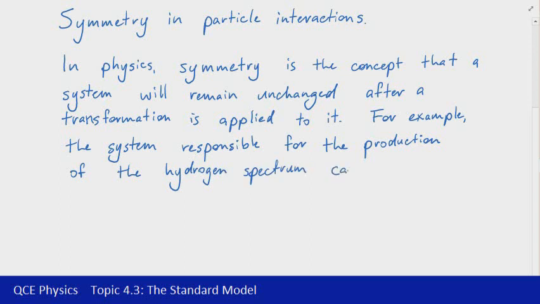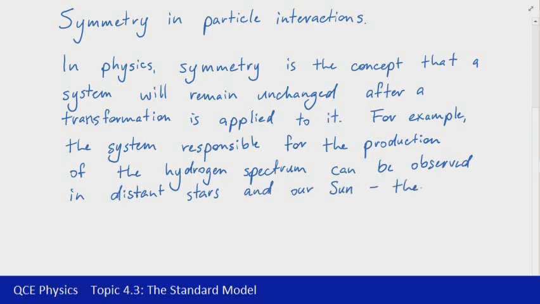Two of those places that are particularly significant are in distant stars and also in our own sun. Now, the reason why that's significant is that the transformations that we're looking at here, being spatial translation,